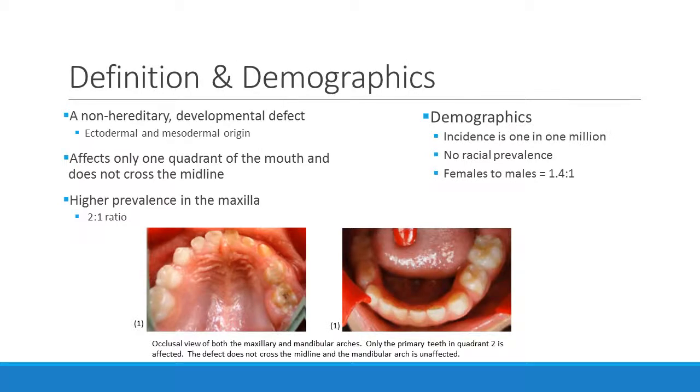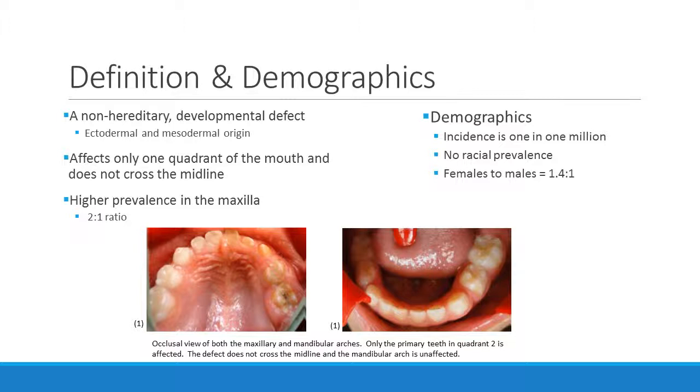Definition and demographics. Regional odontodysplasia, which can be abbreviated to RO, is a rare developmental defect that affects both the primary and permanent dentition. These developmental defects affect both the ectodermal and mesodermal tissues of the patient and is non-hereditary. RO is generally a unilateral lesion that affects one quadrant of the mouth and does not cross the midline. It is seen in both the maxilla and mandible, but the maxilla has a higher prevalence for this defect in